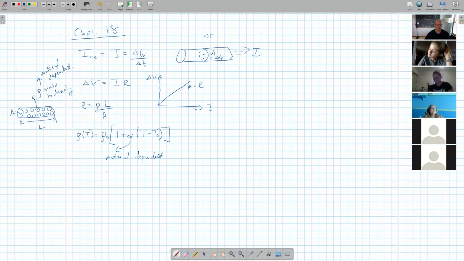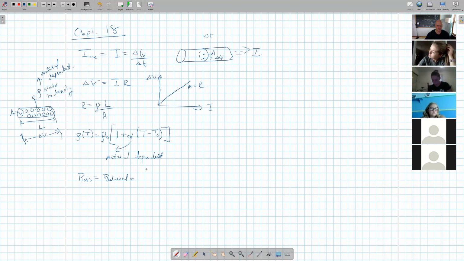What else did we look at? We also said that as electrons are trying to move through here, once I apply some sort of potential difference across here of delta V, they're going to slow down, move at a constant velocity, and this thing is going to heat up and give off energy due to thermal loss. So here we can say that the power which is being lost, which is also equal to the power which is delivered,